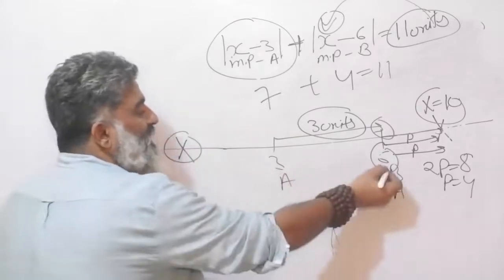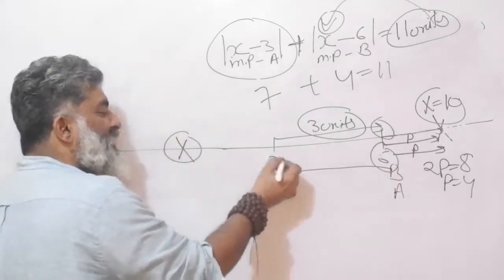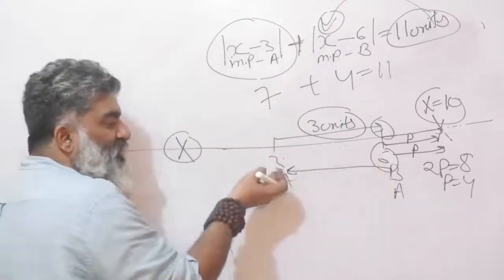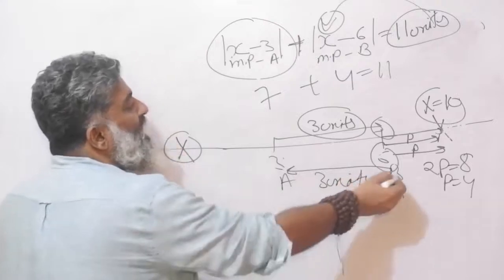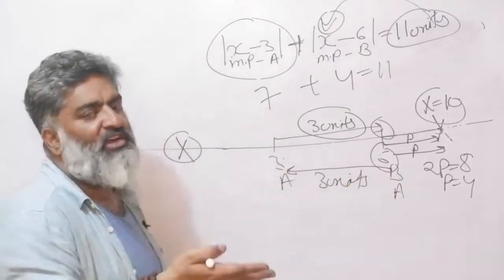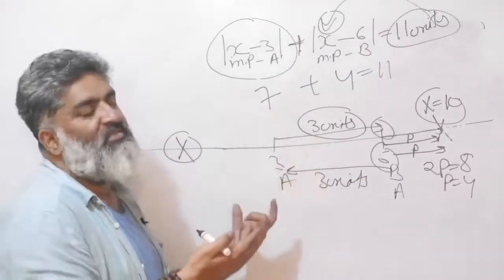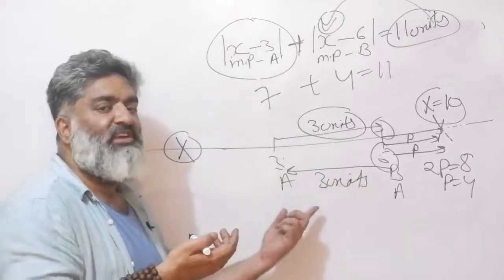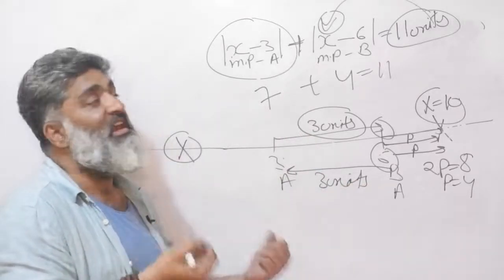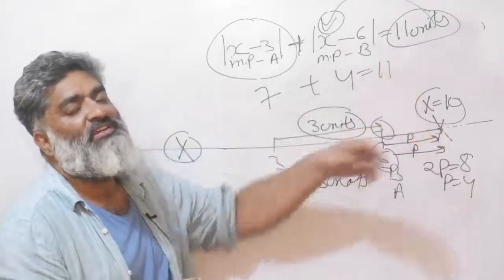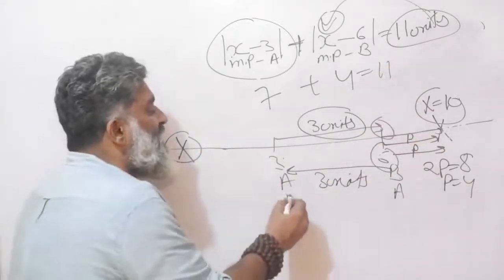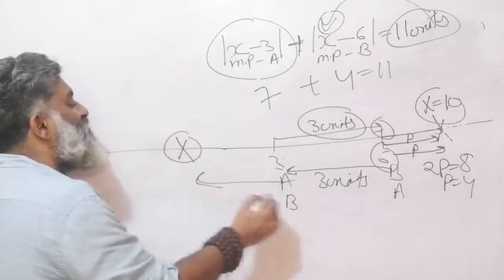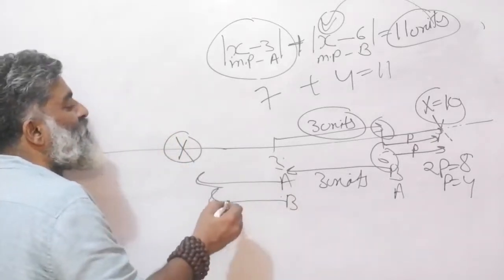Now B will come to this point. Before going here, he has to come here. So again 3 units have been traveled. By whom? By B. All of this will eventually not matter, you just have to figure out the sum as such. But B has already done 3 units. How many units are left? Again, out of 11 units, 8 units are left. Those 8 units will be divided between A and B equally. That means A will also do 4 units and B will also do 4 units.